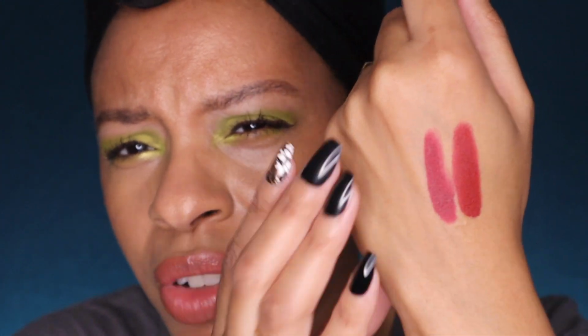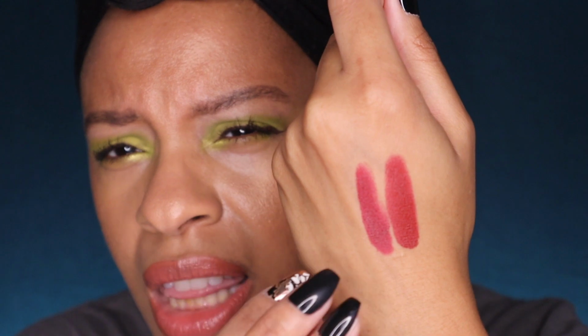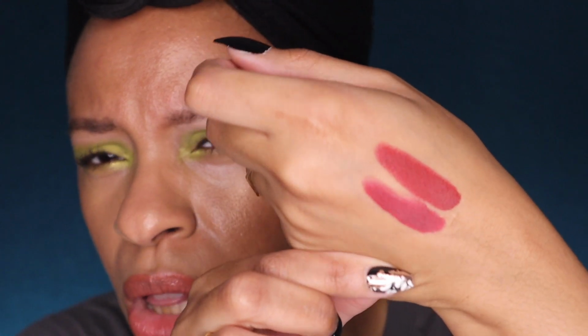And for me, this is sort of like the marriage between Ribbon and Jazz. As you can see, it's a bit more purple. It's a bit duskier. It's just a nice little similar but not the same version. And when I want something deep but not too pinky in undertone, this is the one that I would reach for. And next up, and finally in the little trio here that I want to show you,